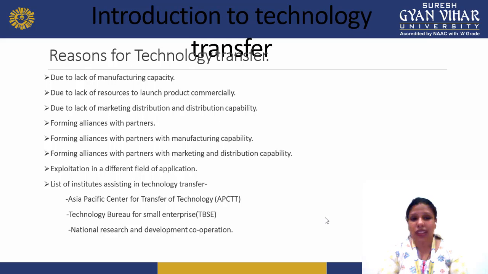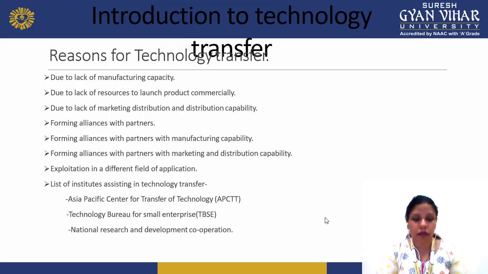So all these things: if companies lack manufacturing capacity, there is a need to transfer the technology. If they lack resources, again they need to transfer the technology. And if they lack marketing and distribution, again they have to transfer the technology